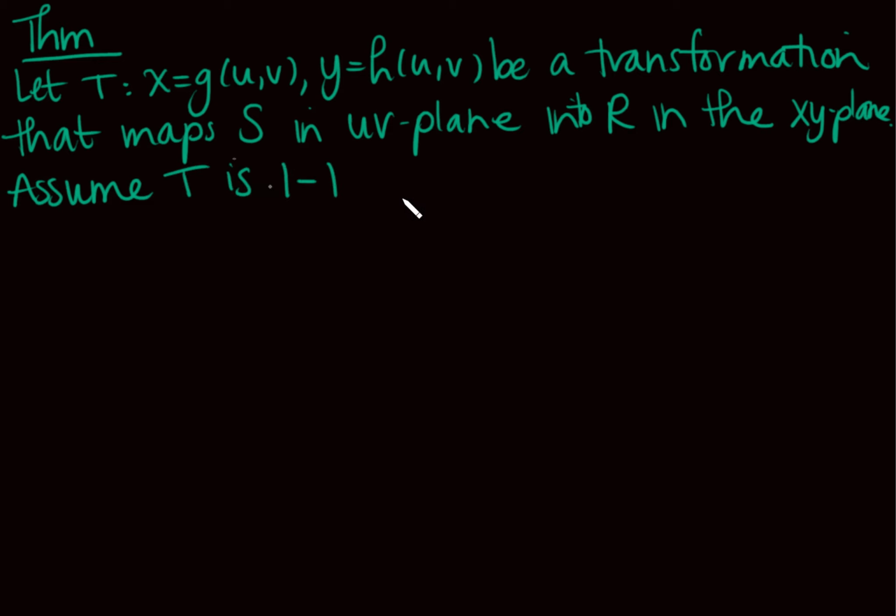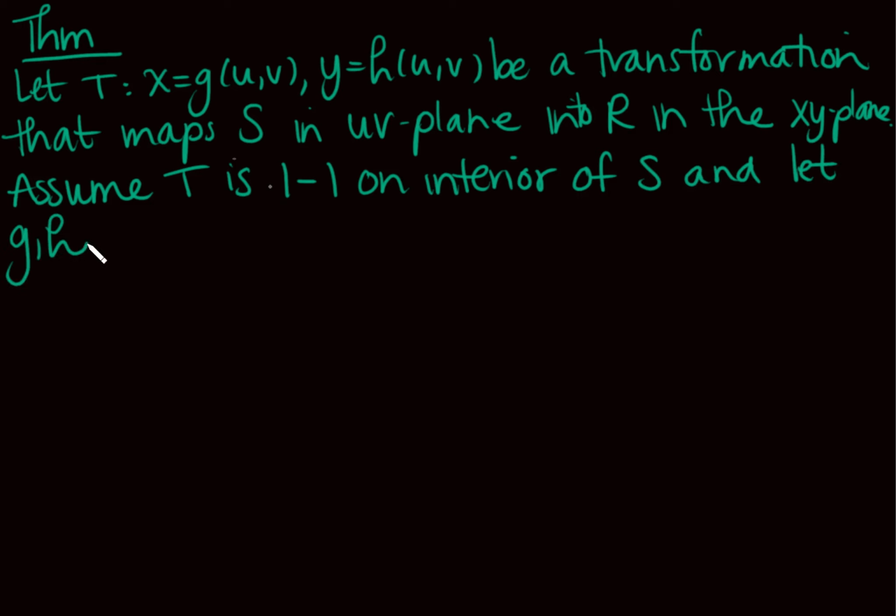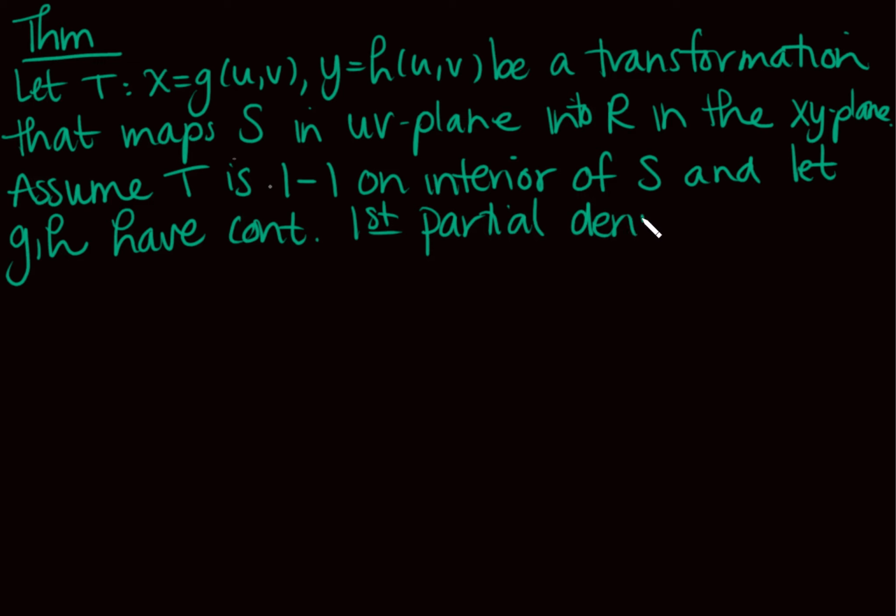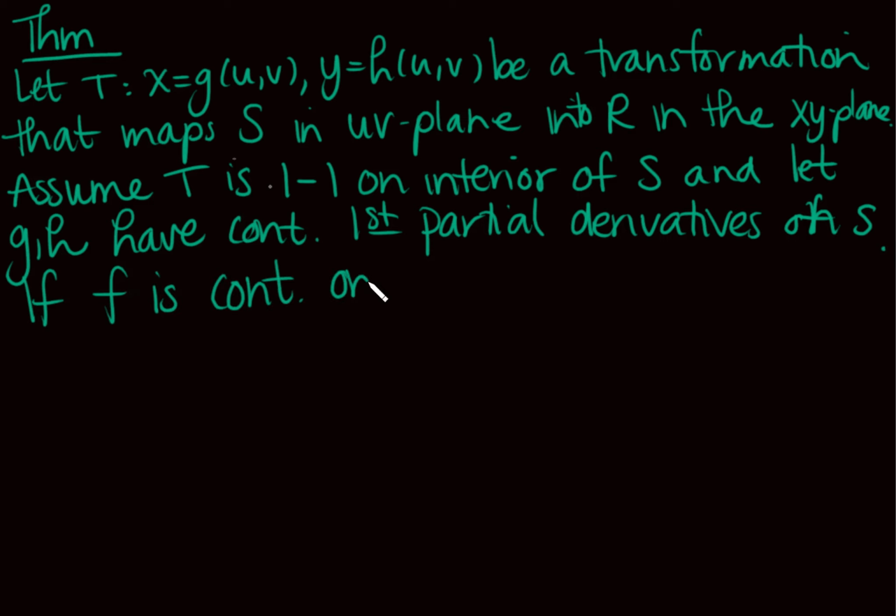On the interior of S, okay, sometimes it's not going to be 1 to 1 around the boundaries of S, and that's okay. On the interior of S, and let g and h have continuous first partial derivatives on S. Because of the Jacobian, right? Because the Jacobian is going to involve the partial derivatives of those guys. Okay, if F is continuous on R, then